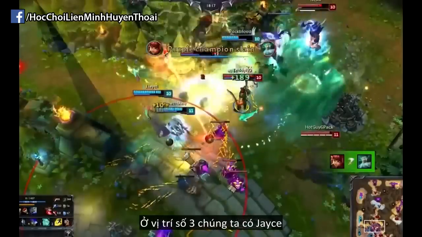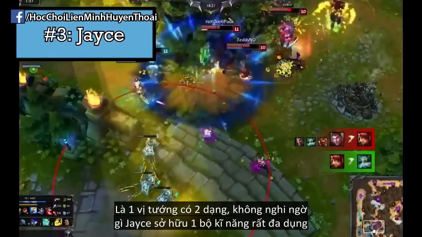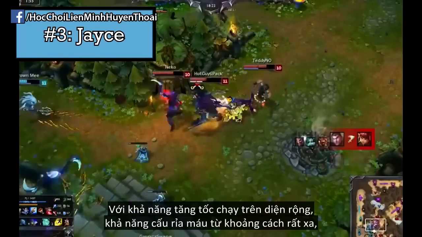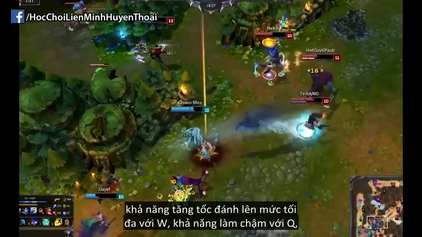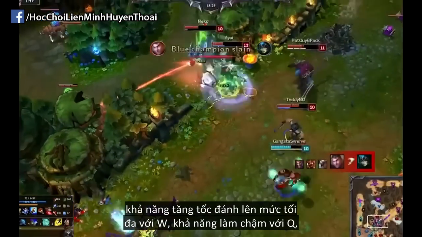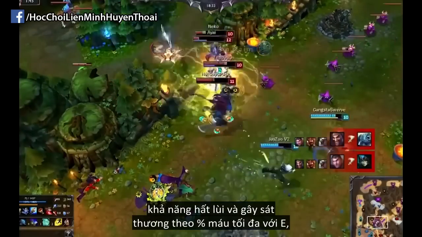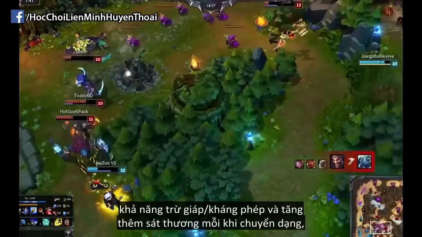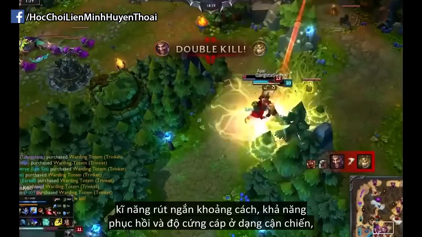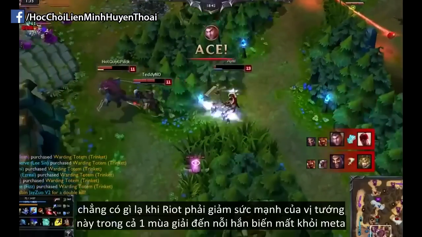And at number 3 we have Jayce, and as a champion with 2 forms, it's no wonder that he has quite an overloaded kit. But with an area of effect movement speed gate, crazy high ranges and poke, the ability to get maximum attack speed with his W, a slow on his Q, a knockback and percent max health damage on his E, armor and magic shred, as well as bonus damage and movement speed whenever he changes forms, as well as a gap closer and mana regen in his melee form, and some extra tankiness,